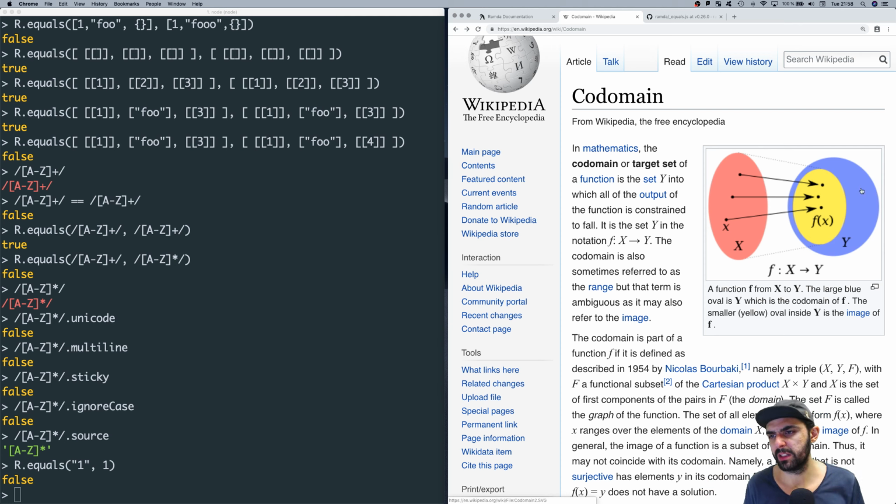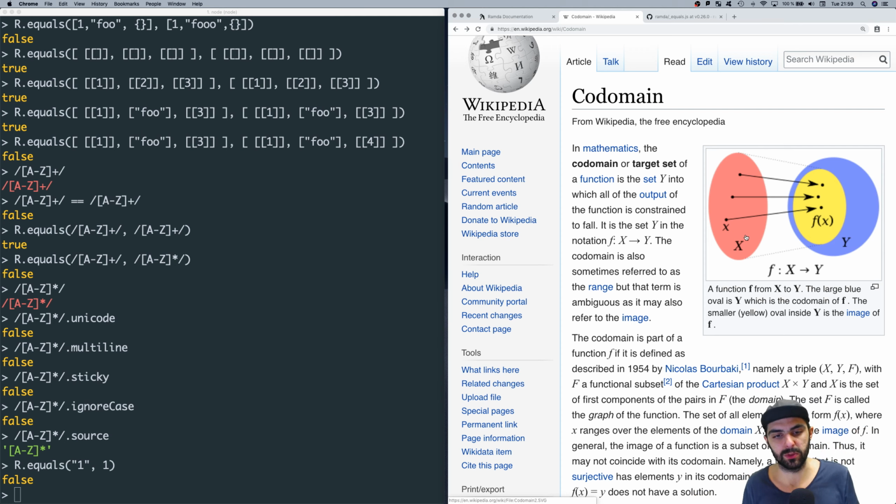Let's say you are defining the function add1, and the domain is positive integers from 0, including 0. I understand that we don't really have that type, but that would mean